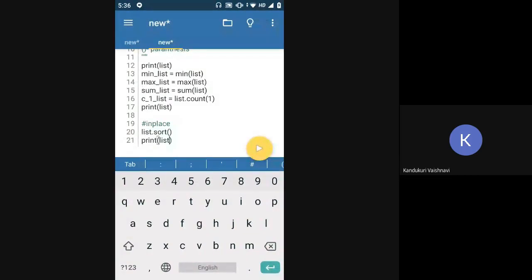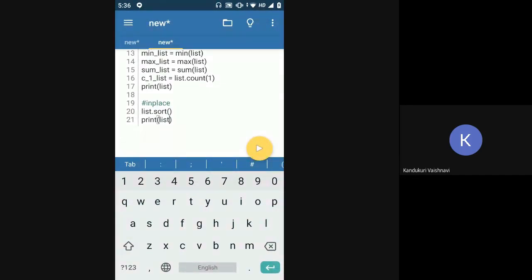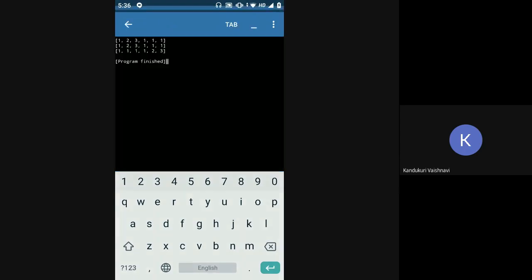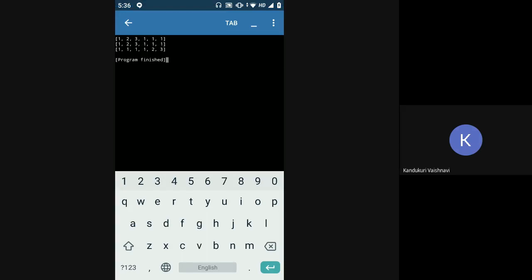Okay, so now if I sort it, if I do list dot sort and then I print the list, it will change. Basically sorting, in this case, will sort it in an ascending order because you're not specifying any order here. By default, it will sort the list in an ascending order only. So see, this is sorted in ascending order and my actual list has changed.